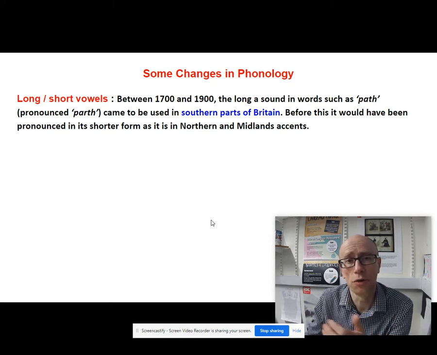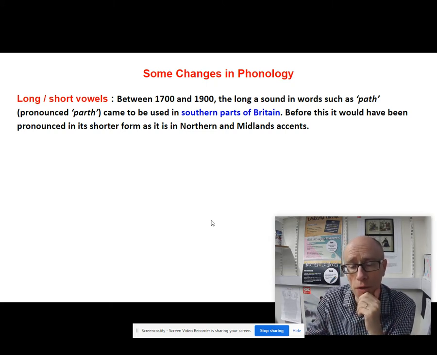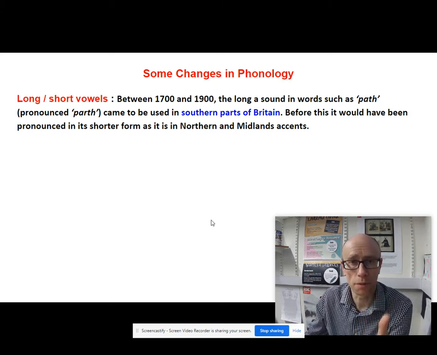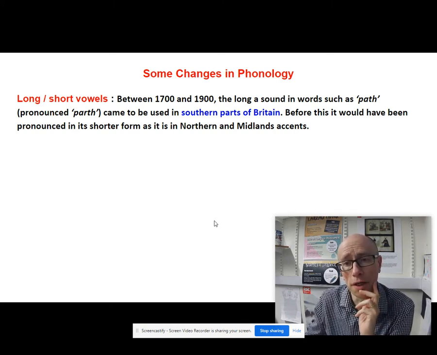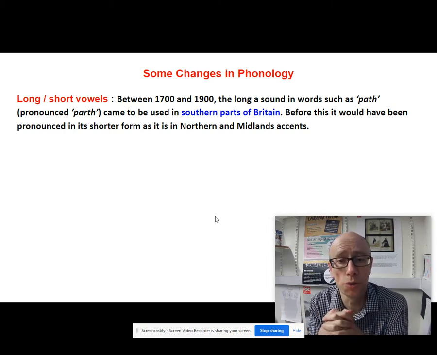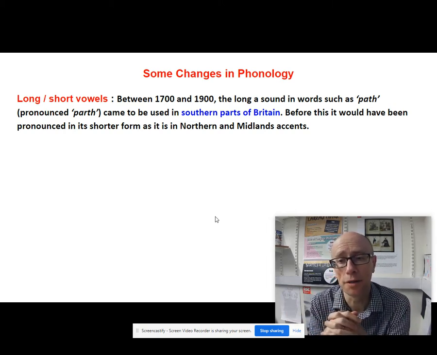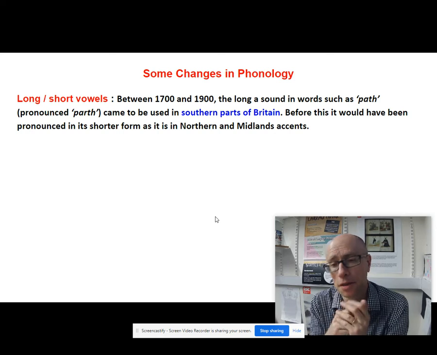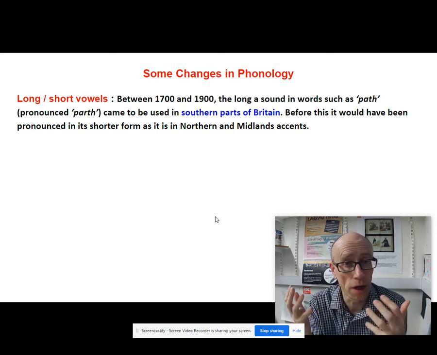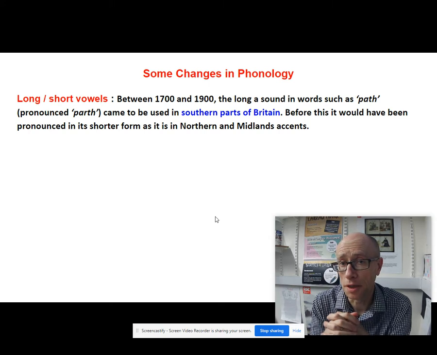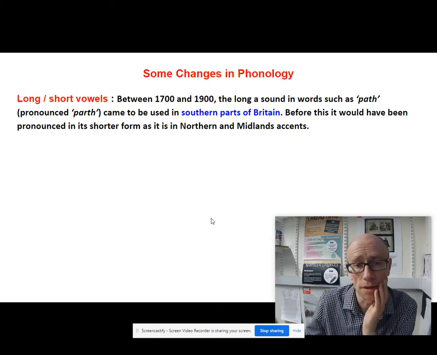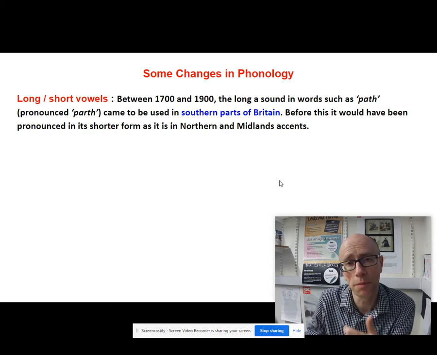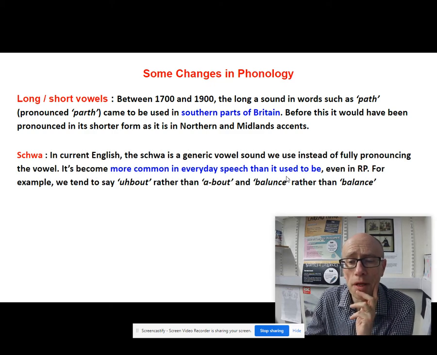Think about long and short vowels. I've just talked about scone and scone. Well, between 1700 and 1900, the long R sound in words, and I'm going to pronounce this in RP, path, came to be used in southern parts of Britain. So before this, it would have been pronounced in its shorter form as it is in the northern and midland accents. Okay, so this kind of longer vowel sound is associated also with RP, received pronunciation, and you might say has more of a status to it as well. So there's been a difference in the way that people have pronounced vowels over time,